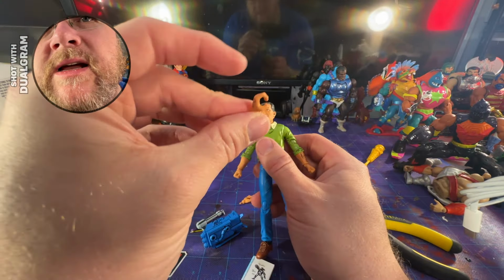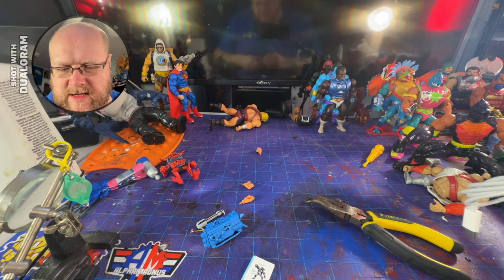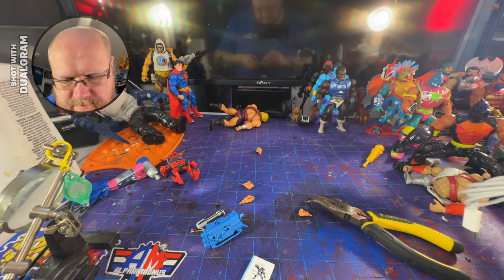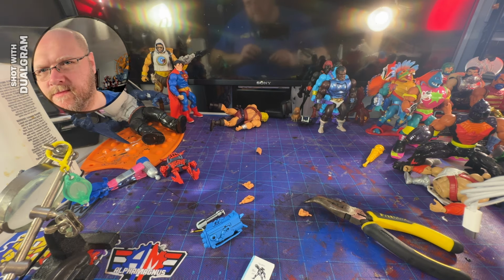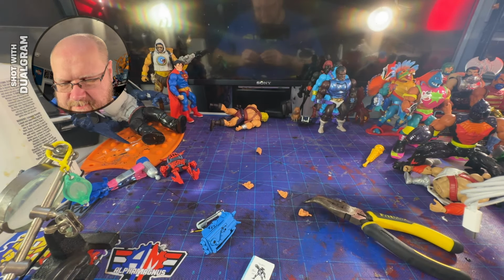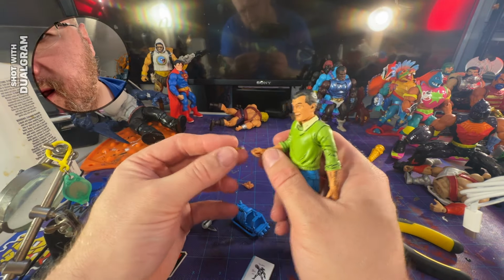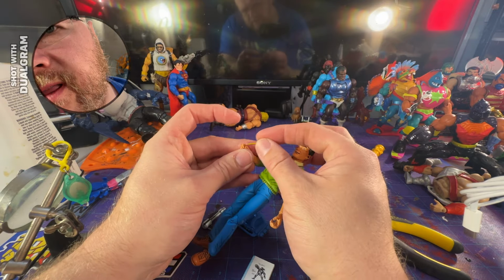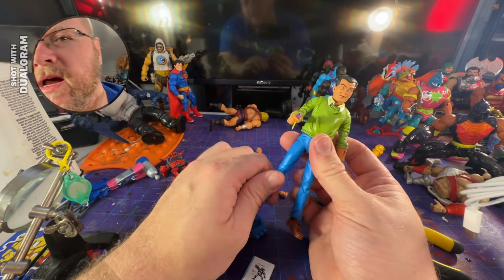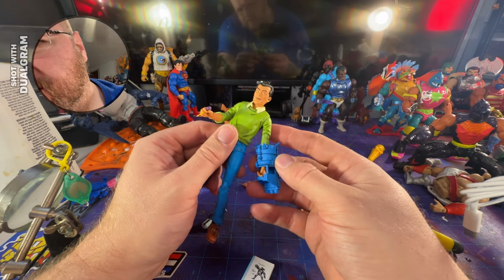So, first thing I'm going to do, he does have this holding hand, which I guess he could hold something. We're going to swap this out for this bigger one. I don't know why they have two holding hands. They always do that. Came off pretty easily. And then he does also have this, which is the real one, which is the pencil hand. All right. Let's put this in here. And I don't really know. Yeah, I guess that works. Look at that. Boom. That is beauty right there. That thing is 100% going to get lost. So in 10 years, when people are looking for these loose, you're going to be like, oh, it's missing the pencil. And then this, I guess at some point he must be...